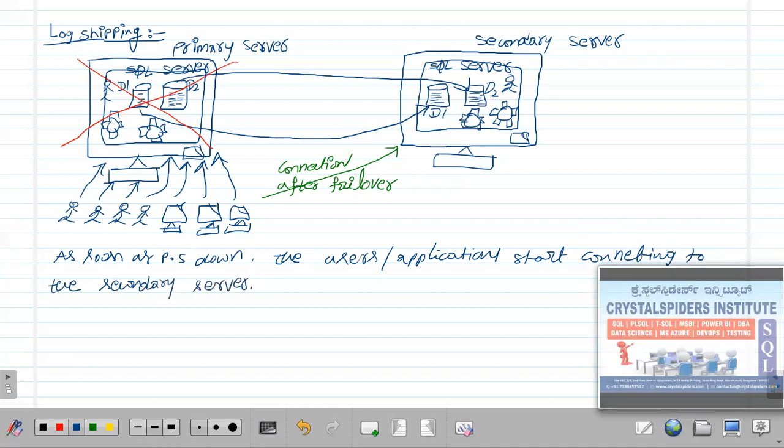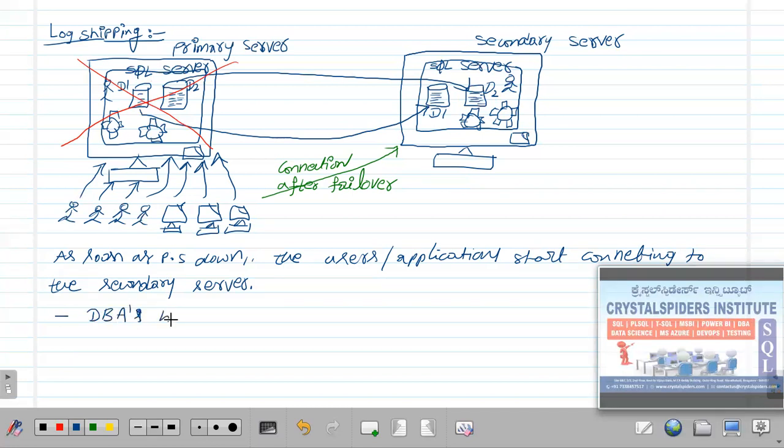The problem is, as soon as the primary is down, they can't connect. So our DBAs have to bring this secondary server available to the users, because the secondary server is normally not available for access by the users.